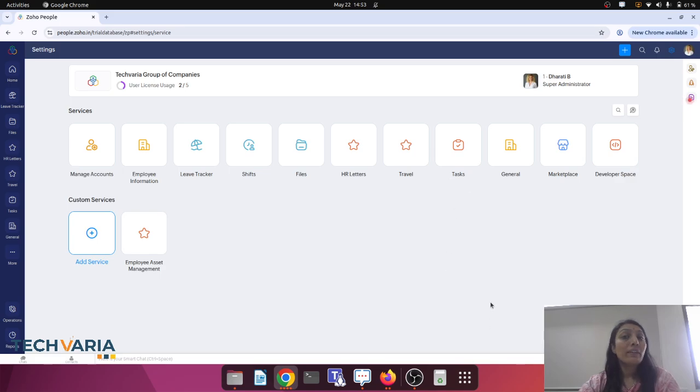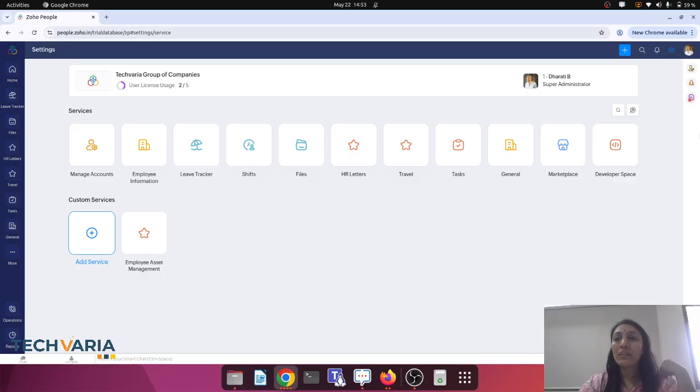So why is this most important? Because these roles will define who will be in the managerial position, who can access the request, who can approve the request, and who can have the final approval for the processes. So this is based on your internal process, and let's see how to set up the roles and permissions in